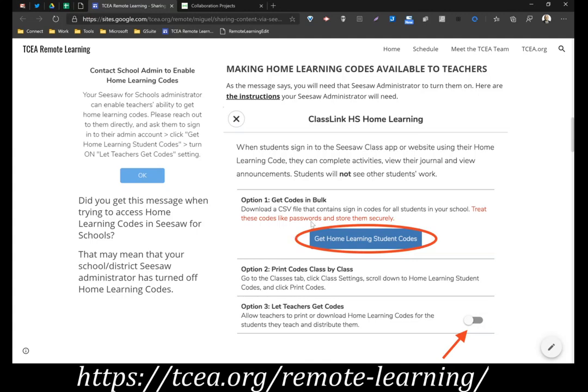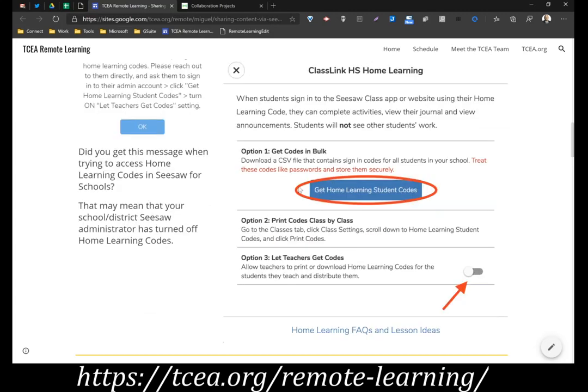And if you need more help on that, just check the TCEA Tech Notes blog. I have a whole blog entry on mail merge or email merge that you can follow. And in fact, one of our later episodes actually covers how to do a mail merge using the Seesaw